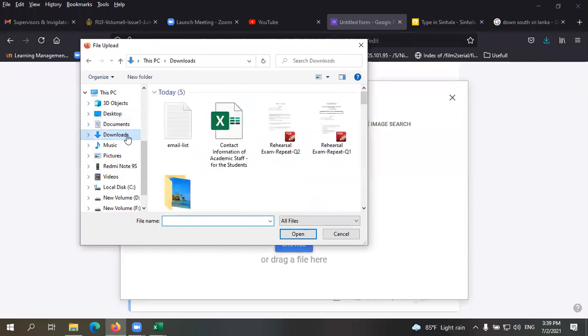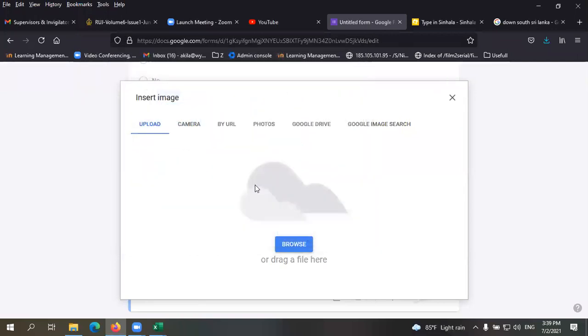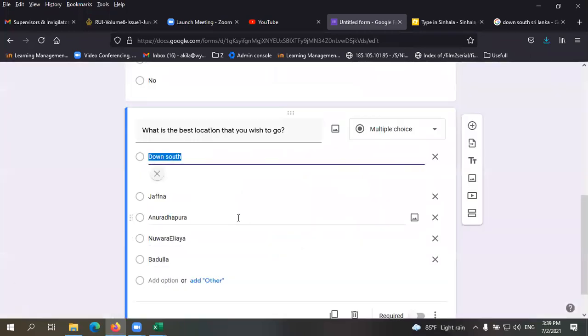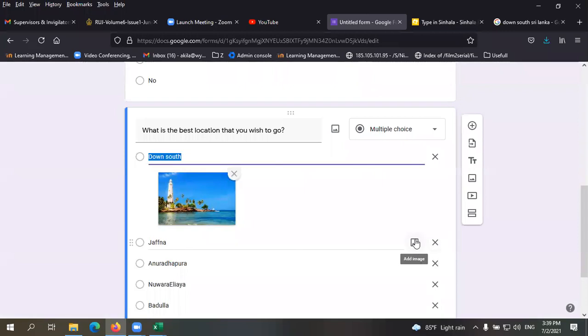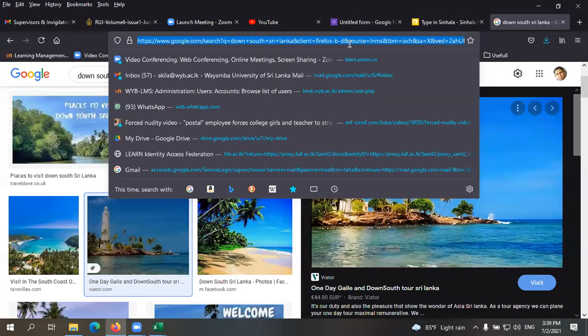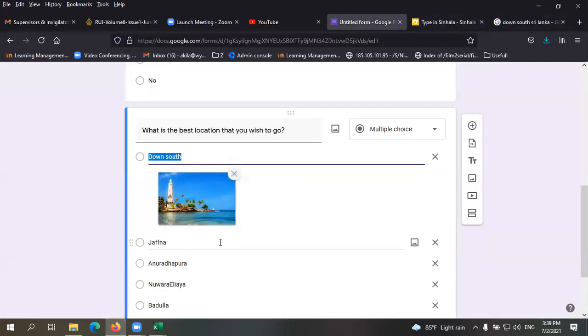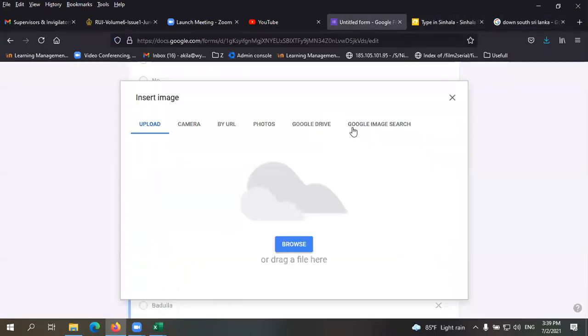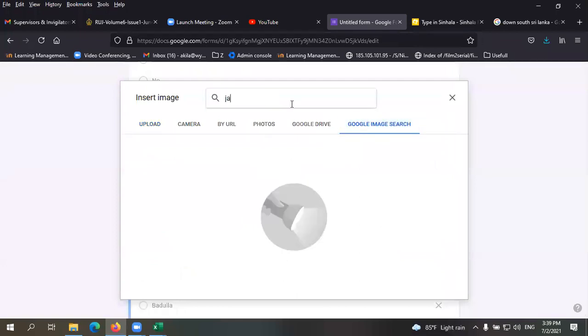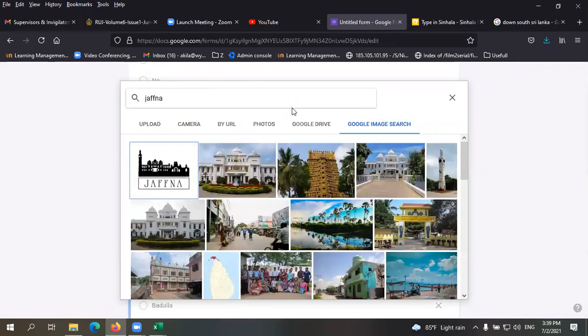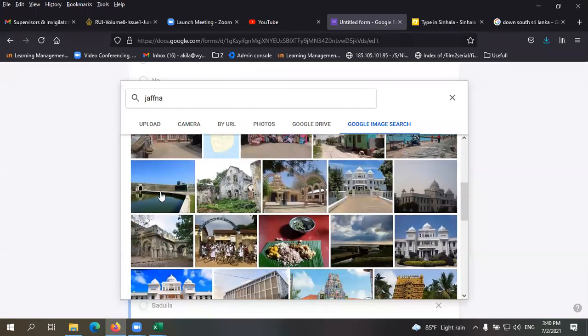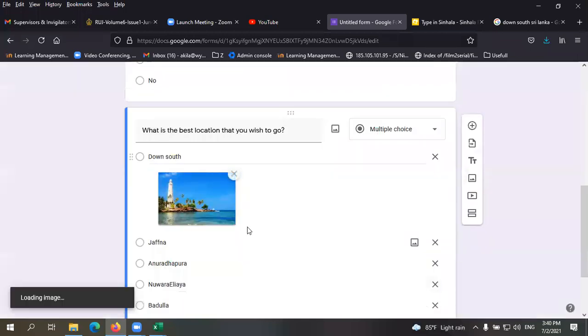Okay, so you can go to Google Chrome, browse, and go to the place where you downloaded that one. All right. Again, for this one, we're going to download another image. I'll show you the other way. It's fine with image Google search here, right? So image search is here. Insert.